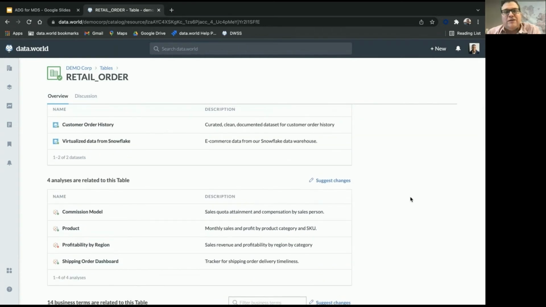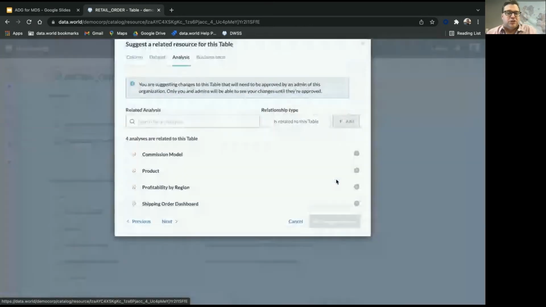Now, one of the ways we do agile data governance, when you think about that, is to not try to put everything through massive ivory tower 5-step workflows, which is what some enterprises default to, often out of fear, but that can be very stifling to the communities that need to work with data. So instead, we do things like, hey, if you just need to suggest a change and say,